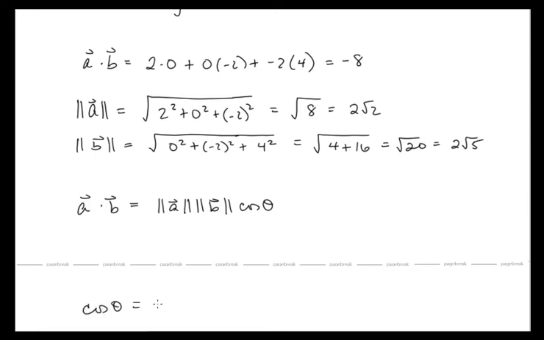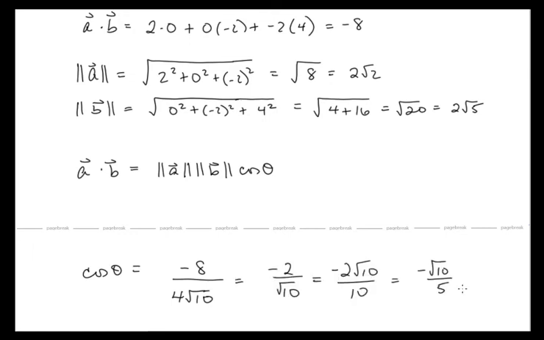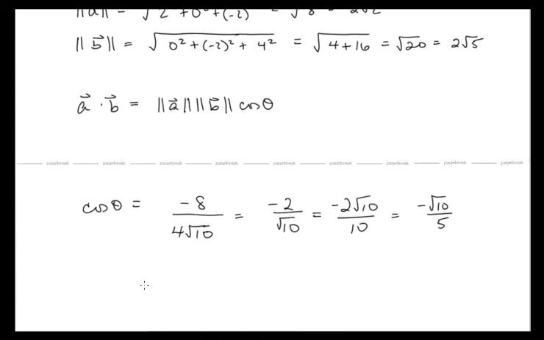So cosine of angle theta is going to be A dot B, negative 8, over length of A, length of B. So that's going to be negative 8 over 4 radical 10. And that's negative radical 10 over 5. So theta is then cosine inverse of negative radical 10 over 5,